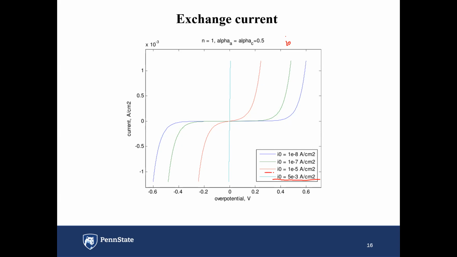The red curve gives us the middle, and the blue curve gives us the smallest current. So you can see for each case, the reaction is reluctant to happen when I0, the exchange current, is very small. And when the exchange current is really, really large, then this reaction is super easy to happen. You can also think about this as a concept of resistance, and people indeed use the exchange current to convert to the charge transfer resistance,